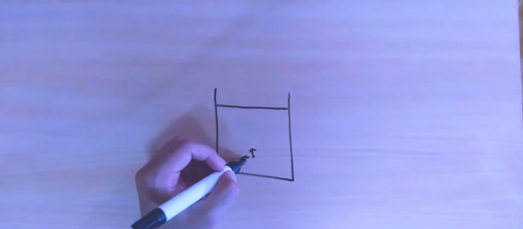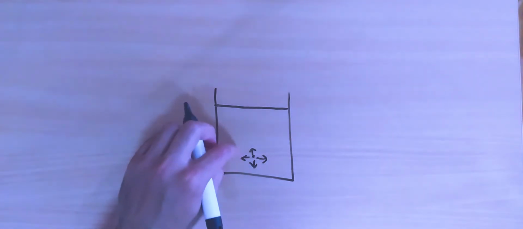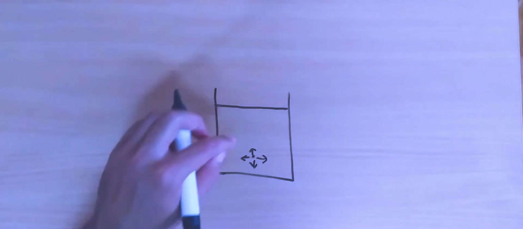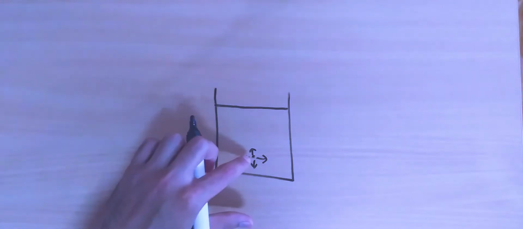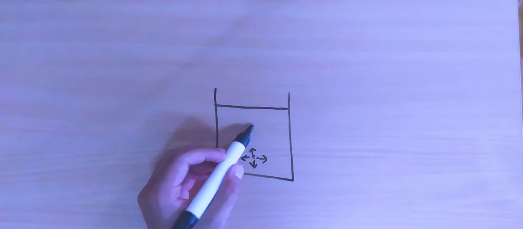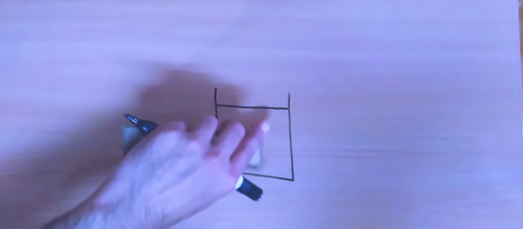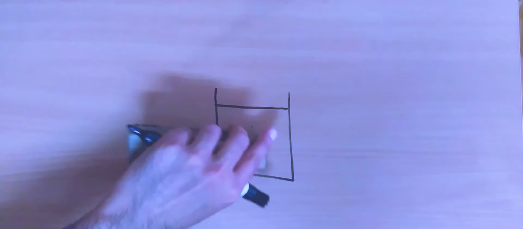So the fluid applies pressure in all directions at this point, and this pressure depends on how deep this point is inside the fluid. So the pressure at this point would be more than the pressure at this point, because this point is deeper than this point. So in this video, let us now try to explore and come up with a relation to find the pressure at some depth inside a fluid.